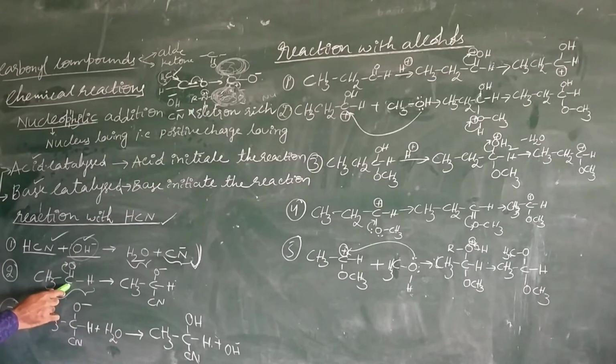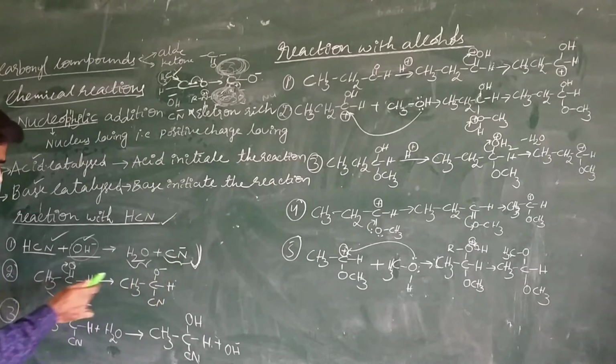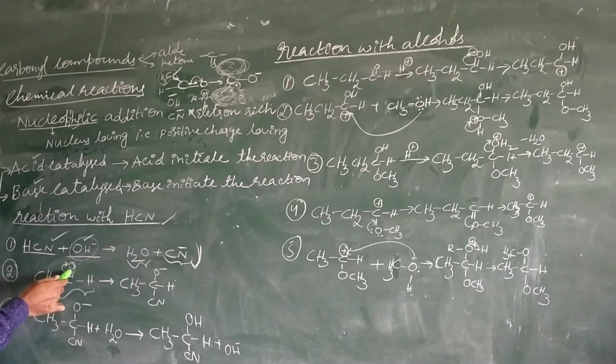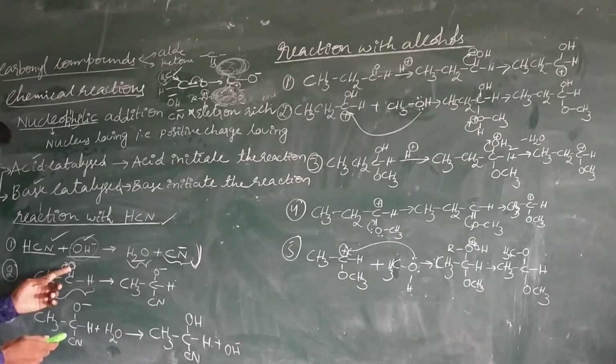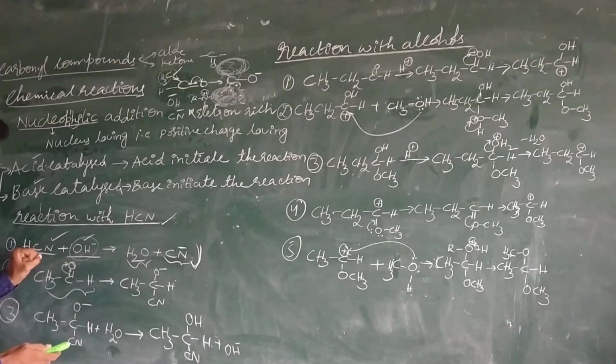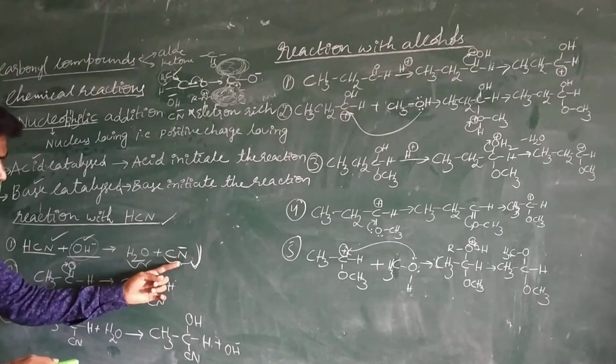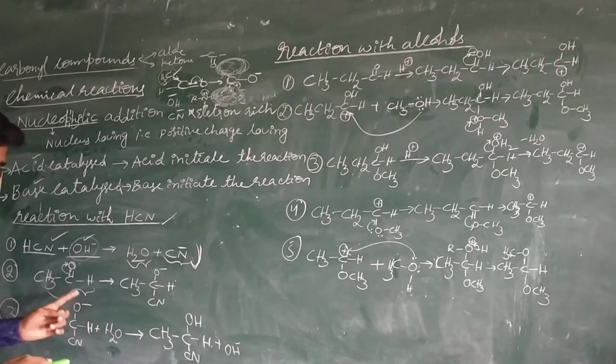Now whenever the carbon is getting the positive charge, at that time the nucleophile reacts with the positive charged carbon atom. This is CN minus. When the pi electrons shift towards the oxygen atom, the two pi bond electrons move towards the oxygen atom because oxygen is more electronegative, meaning it has the tendency to attract electrons. The carbon gets positive charge. At that time, this nucleophile reacts with the positively charged carbon atom.